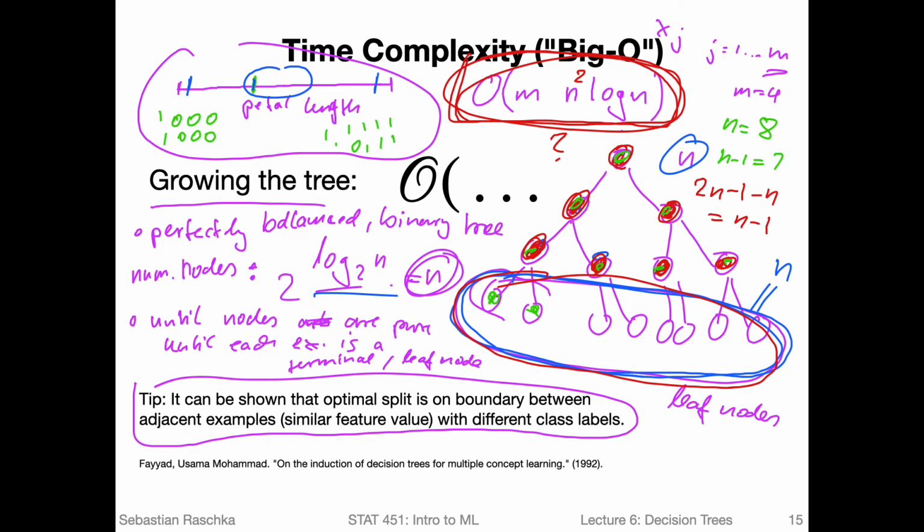However, software like scikit-learn is a little bit more efficient, so they can do caching. They cache the sort order at each node, and then we don't have to resort; we have to sort the features only once at the parent node, and then reuse the sorting order here, right? Because if I have a feature like that and it's already sorted, then if we split it here, these subparts will also be sorted, so we don't have to resort them if we just cache this information. So in that way we can actually eliminate the n squared. Yeah, and that is the complexity of growing a tree. It's a little bit complicated, but I hope that makes sense.